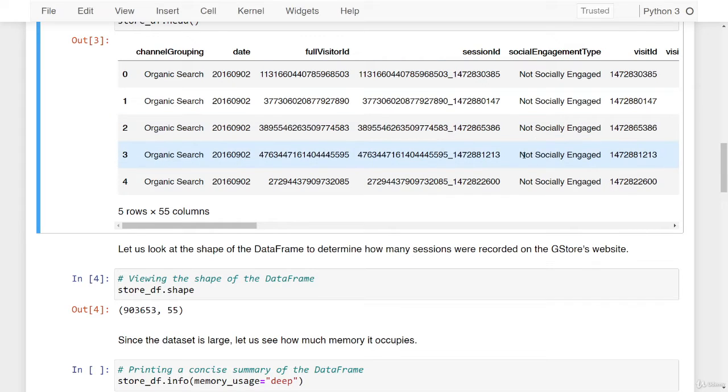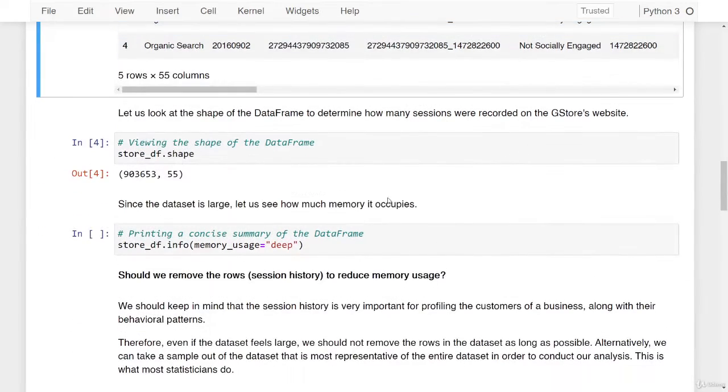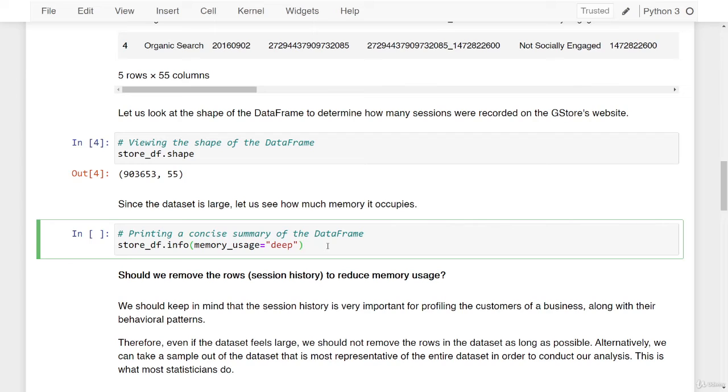So since this dataset is large, let us see how much memory it occupies, since the theme of this entire lesson is to optimize this dataset. And we'll also be learning how you can optimize your own datasets by following along with this lesson. So to look at the memory usage, I'm calling the info method off of the data frame and I'm specifying the parameter memory_usage as deep. So if I run this,